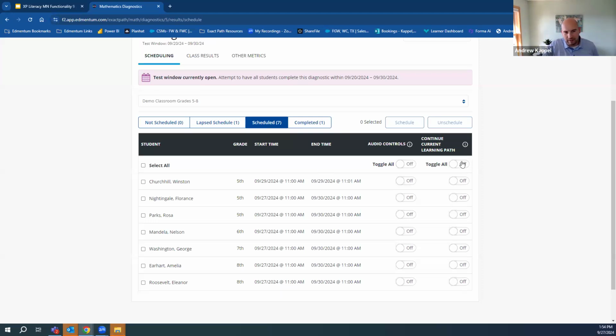Or if you want them to take the assessment, but you don't want their learning path to change because maybe testing window 1, they took the assessment and it created a wonderful learning path you want them to continue on, but you want the data for testing window 2, then you would just toggle this on and their learning path won't change, but you would still get the diagnostic data from that assessment.